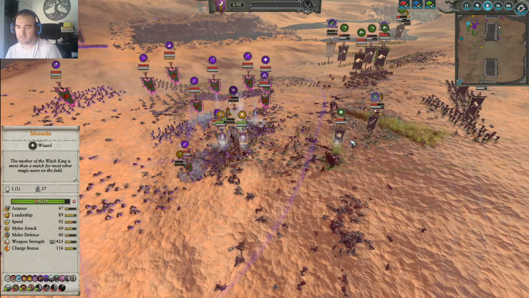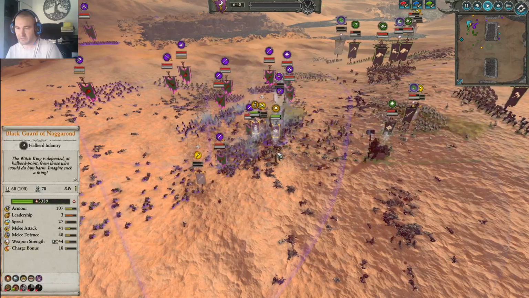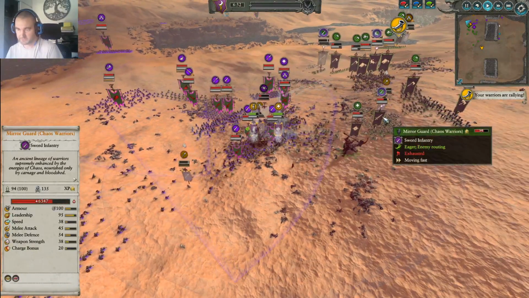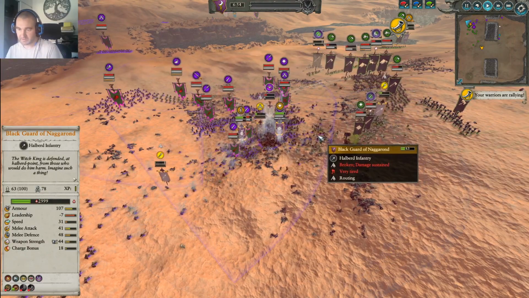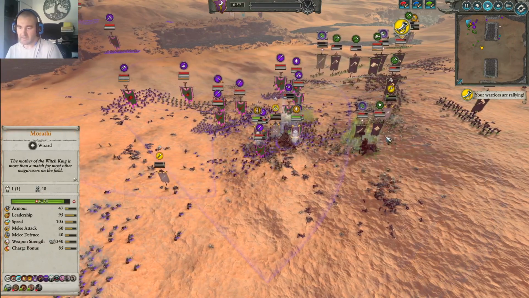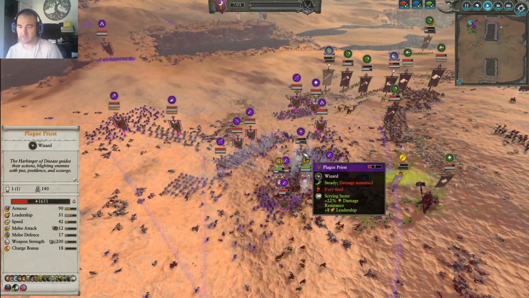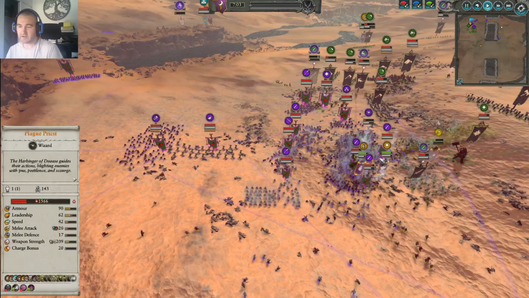And yeah, he's sort of fighting in his counter instead of getting up here on Morathi and doing what he needs to do. The Mirror Guard should be able to make contact with the Blackguard, and then that should free up Kolek to get in there. But in the meantime, Sadao scoring a lot of points for doing damage on his Plague Priest. Also taking a lot of damage, I would assume,